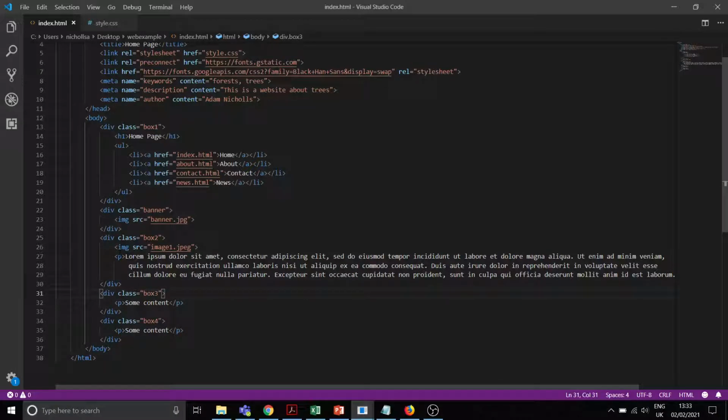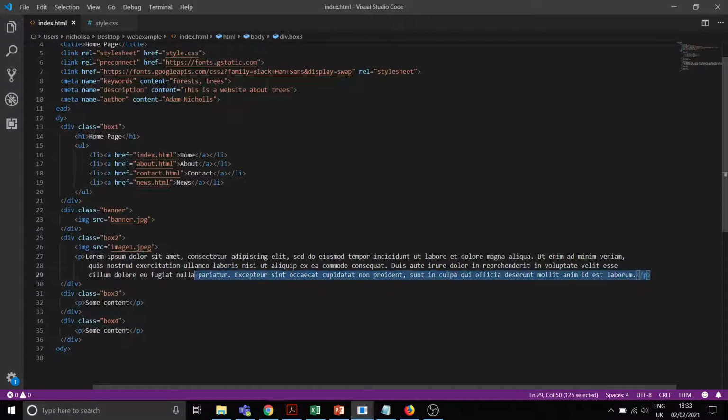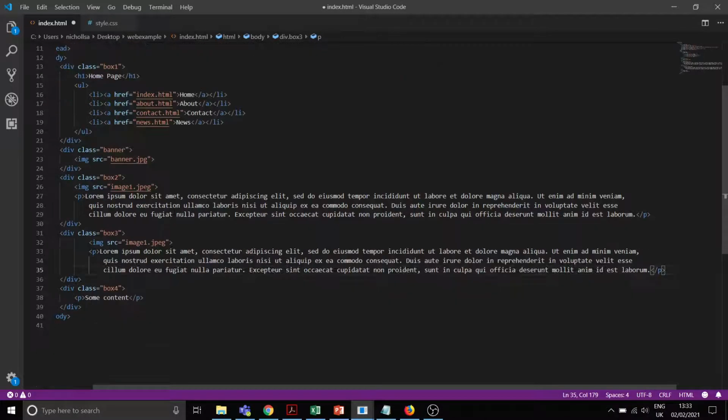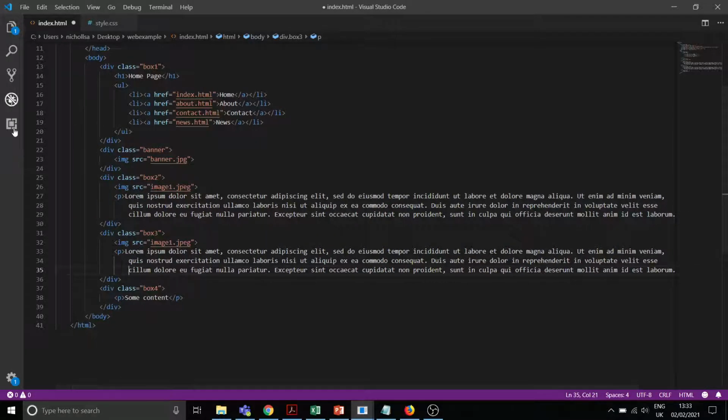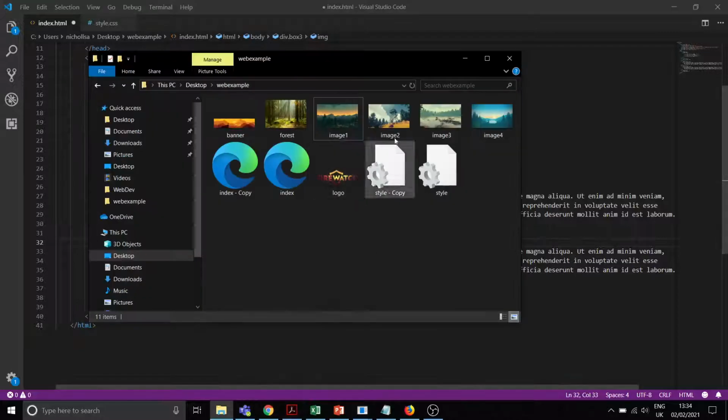So what's nice about this is because I've already done that, I can just copy that, put that into box 3. There we go. Line everything back up again. There is actually an extension that does all this sort of tabbing for you automatically, but we'll go over extensions in another video. And I want that to be image 2, and image 2 was a